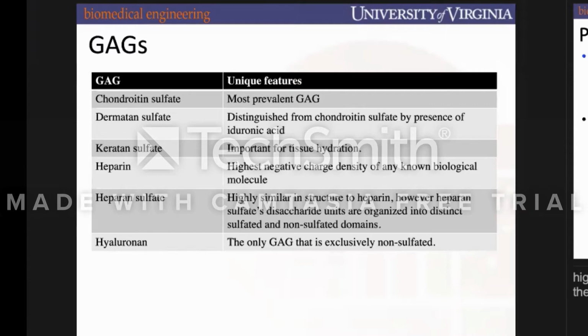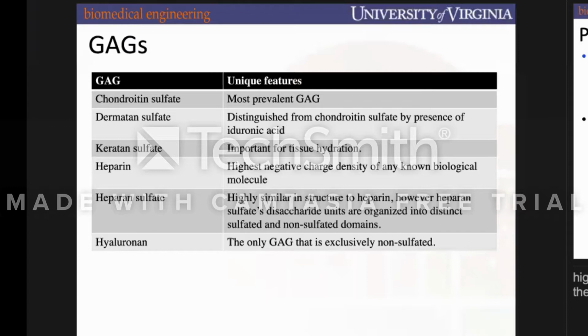You'll often see in other glycoproteins of the ECM, and we'll talk about a couple later today, that they have heparin or heparin sulfate binding sites, and that subsequently is a place where growth factors can be bound